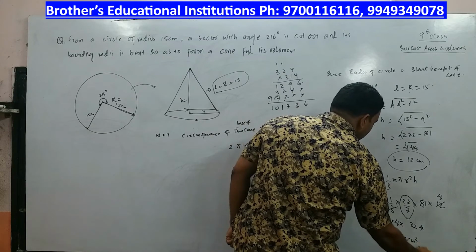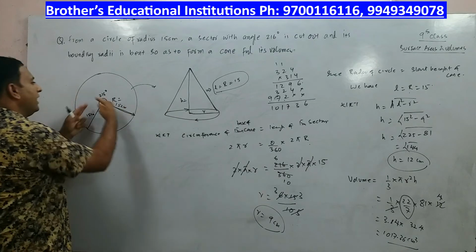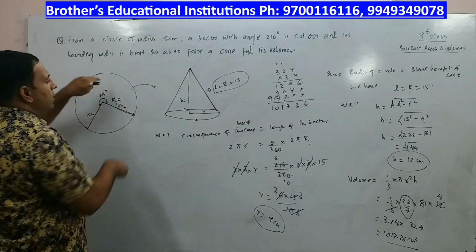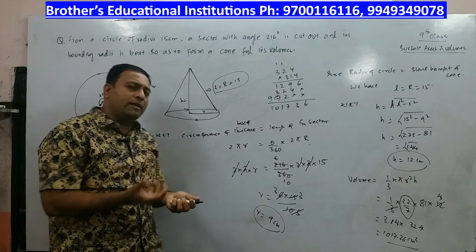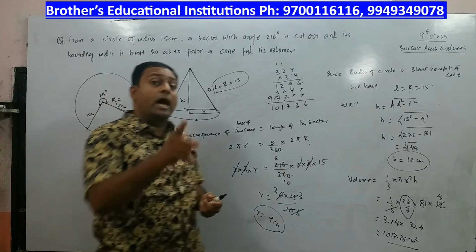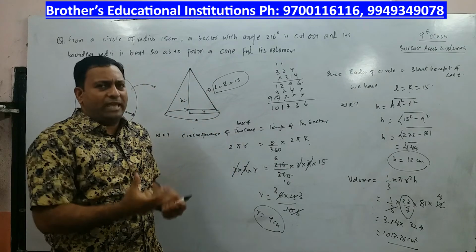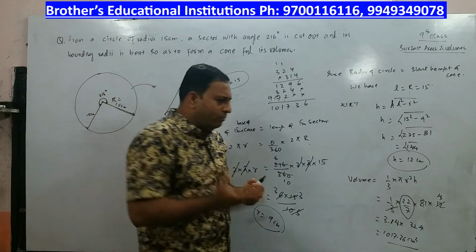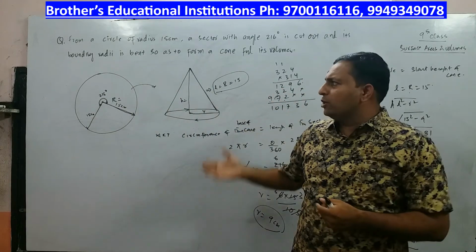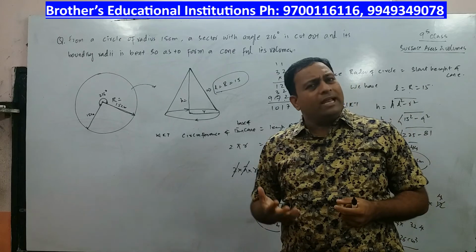So I will say 1017.36 centimeter cube is the volume of the cone which is obtained after taking a sector of a circle whose radius is 15 centimeters. So these problems appear to be difficult, but they are not difficult, they are different. Please keep it in mind. So you need to just think differently. Alright, I am sure you have understood. So meanwhile, go through the problem carefully, pause the video, and then we will move to the next question.